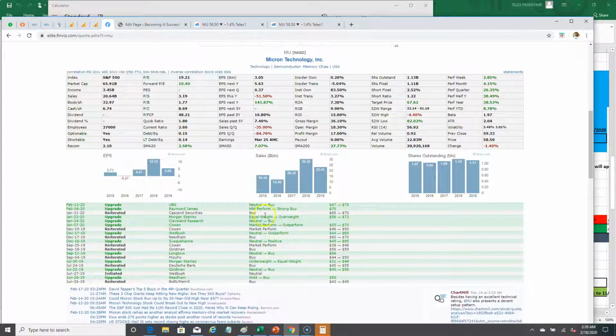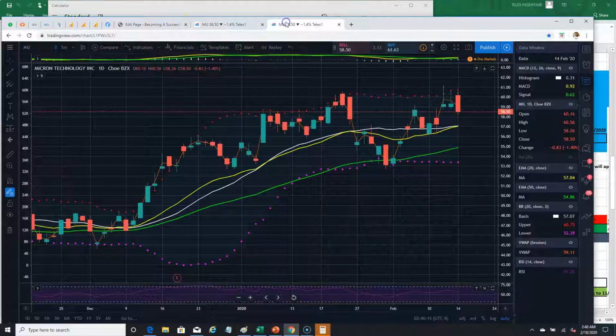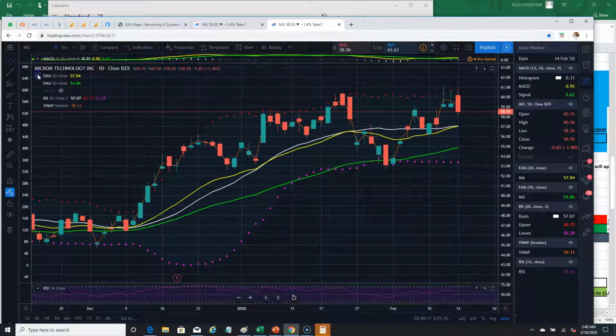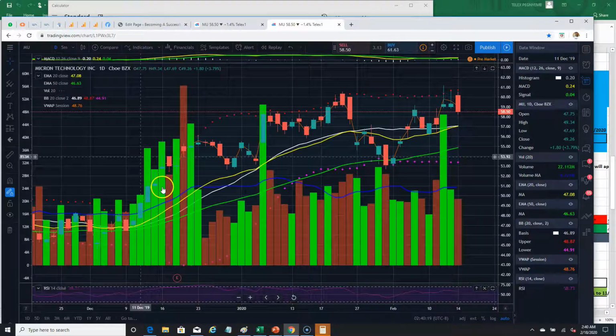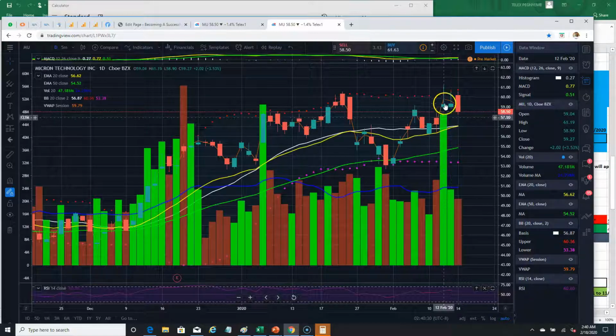Because this one, for instance, notice how this here, it was an upgrade, and the target price is 75. That's the highest price that they ever put. Oh no, actually the second one was here back in December of 2019 where there was an upgrade from 45 to 85. Those usually come with a big move. And on the chart, I'm not sure if I put the volume on there, but if I were to come here and put the volume, we would have seen huge volume on the 12th. Yes, we had huge volume. You can see that here. I need to be doing a better job putting volume on here for that day, because the move was there, but